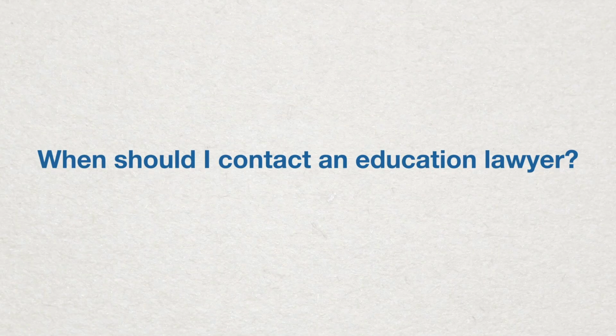When should I contact an education lawyer? If your child is having issues in school that involve a legal hearing, such as expulsion, suspension, or IEP disputes, you should contact an education lawyer immediately. It's essential that you do not wait until after you exhaust your administrative remedies to hire an attorney. Remember, any issue you want to raise in a petition for a writ of mandate or other judicial appeal must have been considered at the administrative level. Retaining an experienced education lawyer can ensure that all relevant issues are raised, and it can increase your likelihood of success, giving your child the best possible chance.